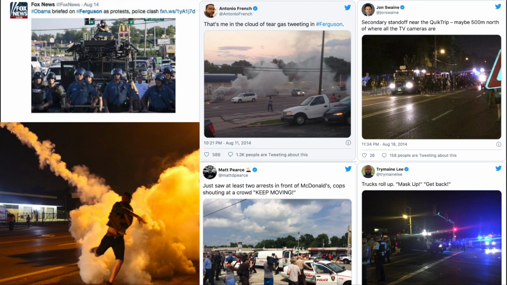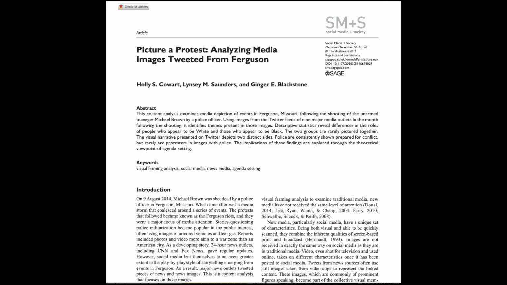By looking at this kind of content on social media or tracking these users, we can build up a visual narrative of what's happening on the ground using just social media, which is naturally very valuable for people like journalists or people who are trying to understand or tell a story about what's going on. In fact, this has generated a good amount of research in the computational social science arena, where people look at the pictures that were used or shared during protests, especially during Ferguson, to understand how people are using these images to relay a particular narrative or story.